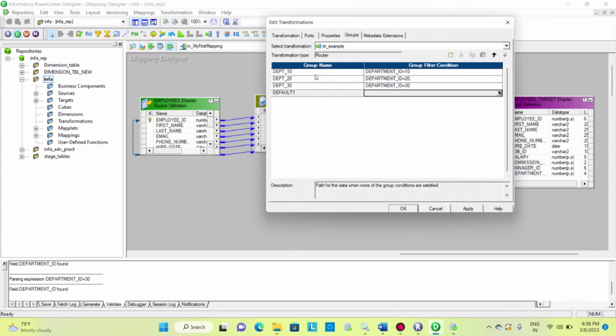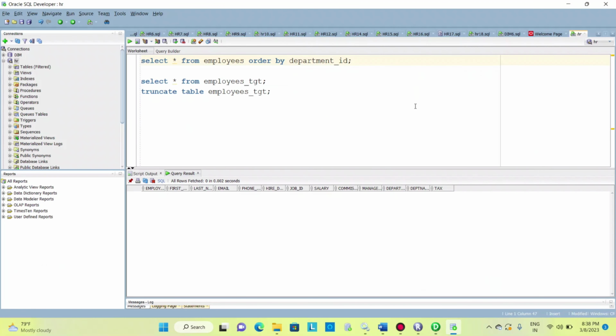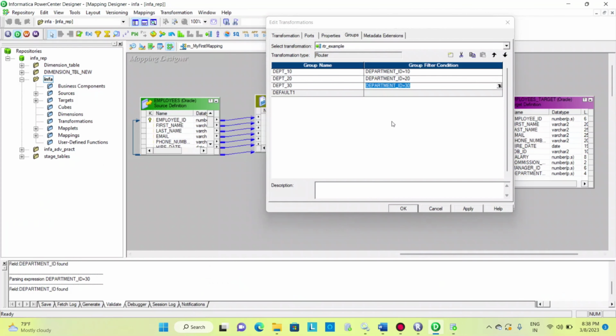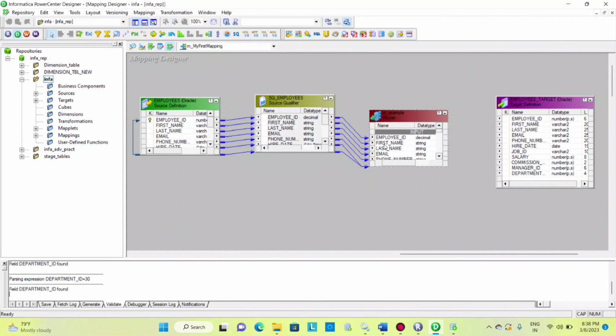What this group will do is, for the first group I have given the condition department ID is equal to 10. So only the employees who have department ID 10 will come to this group, only the employees with department ID 20 will come into this group, and the employees with department ID 30 will come into this group, and the rest go to the default group. See, there are some departments with department ID more than 30, like 40, 50, those are going to the default group. So if I apply this, then I will